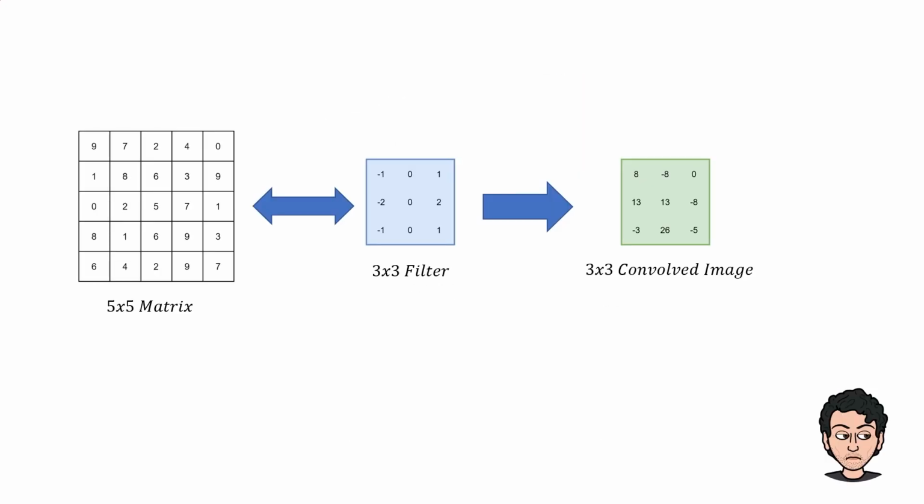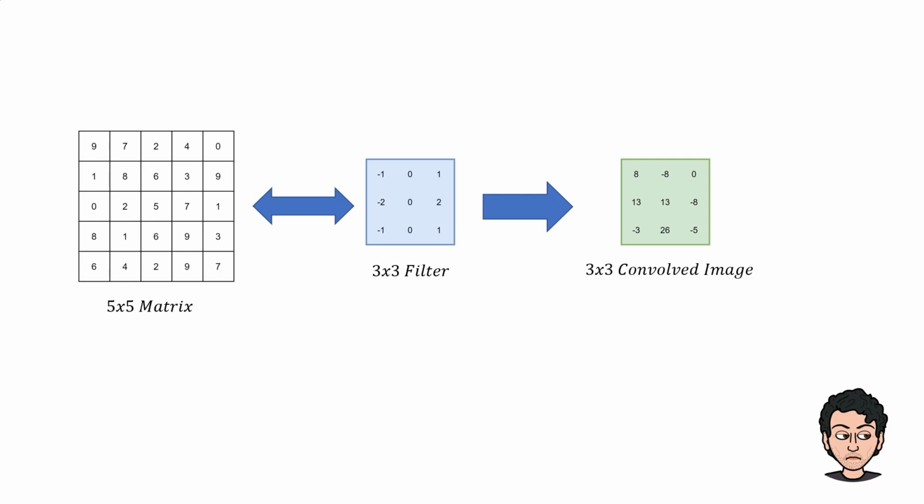This is a standard example. A 5 by 5 matrix when applied with a 3 by 3 filter gives these convolved image values, which are 3 by 3. So a question might arise: if a 5 by 5 image has been applied with a 3 by 3 filter, why am I getting a 3 by 3 convolved image? Keeping aside the math, if you are working with a huge amount of images and you have to apply some filters, how are you going to figure this out?